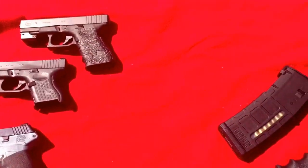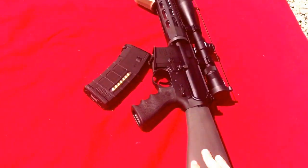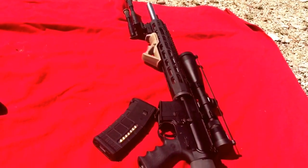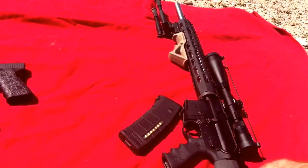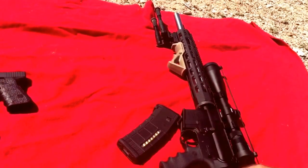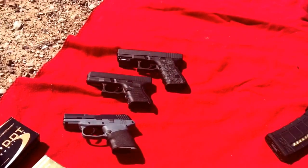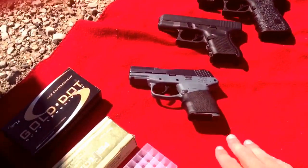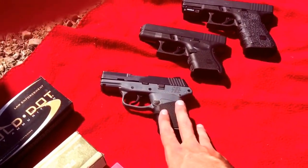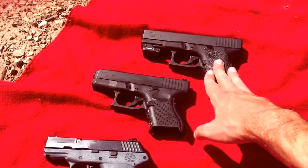So that's kind of the reasons I have these particular firearms. This one is kind of my personal civilian variant of what I've qualified on in the military all the time, and also provides a form of hunting rifle should I choose to use it that way. And then I have the 3 handguns for their specific purposes. 5 to 10% of the time carrying that one, the rest of the time carrying that one, and this is kind of that home and car